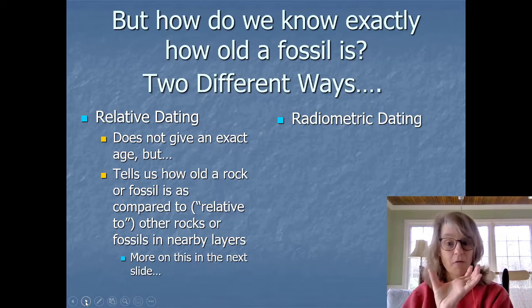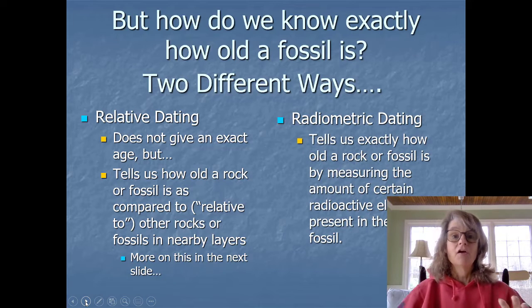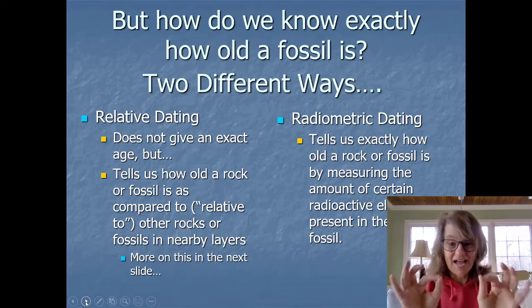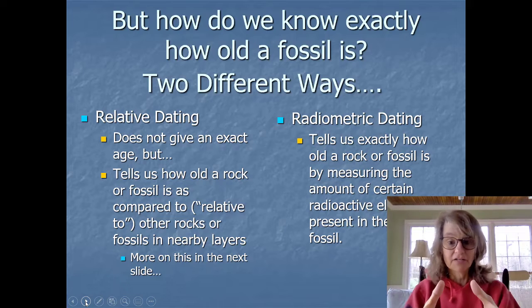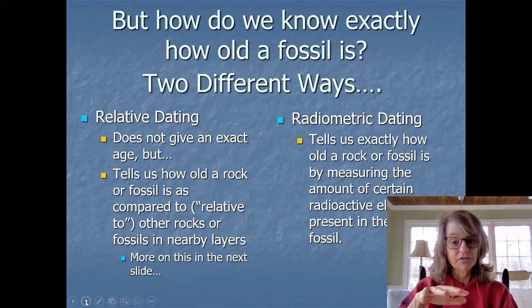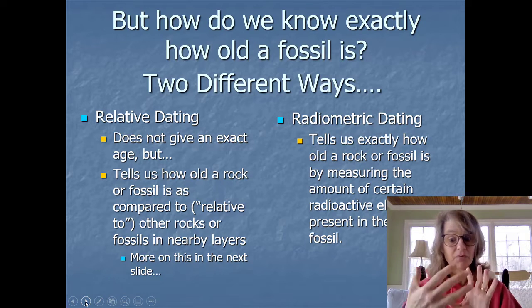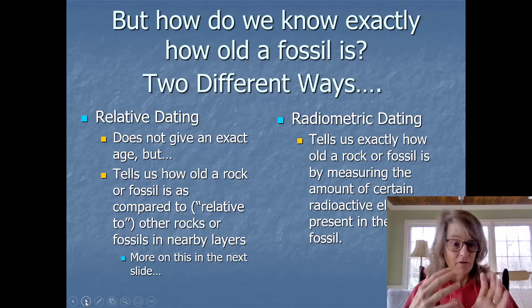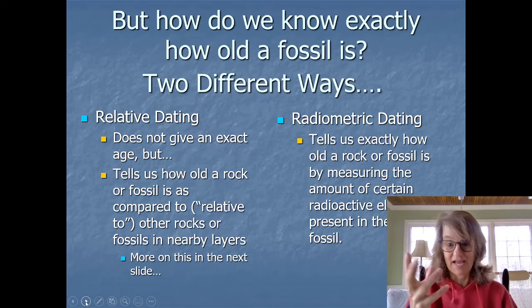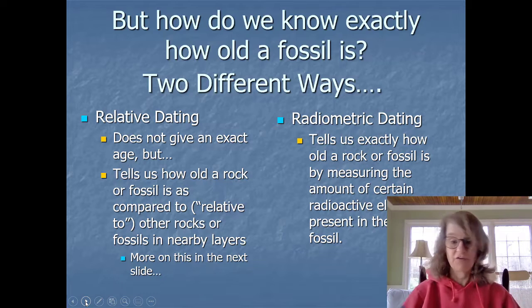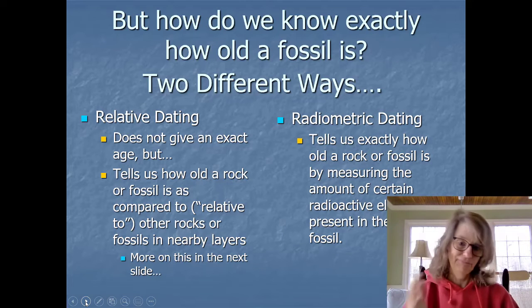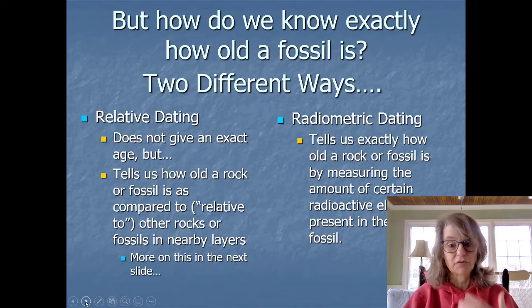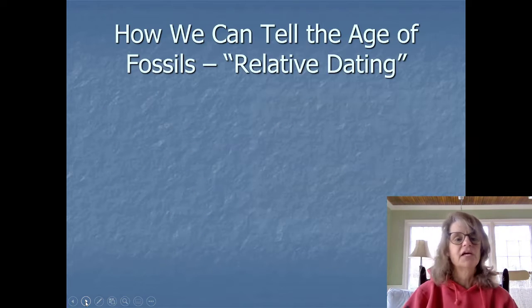Then there's also radiometric dating, where scientists can determine exactly how old a rock or a fossil is by measuring the amounts of radioactive elements present in that rock or fossil. And it can give you an exact age. That rock is 56 million years old, period. Those means are very reliable, and we use them for all kinds of stuff. So now, relative dating, though,